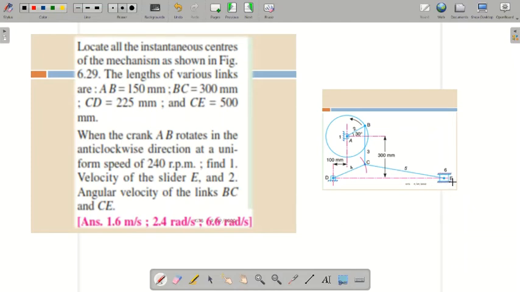velocity of E, you should first of all know the angular velocity of link 5. If you want to know the angular velocity of link 5, you should know the angular velocity of link 3. If you want to know the angular velocity of link 3, what is the previous link? You should know the angular velocity of link 2. So we should know the angular velocity of link 2. Okay? If you want to know the angular velocity of link 2,